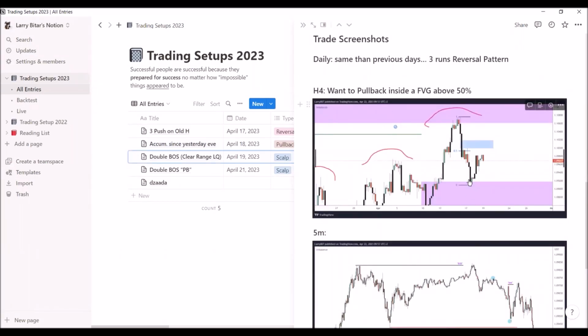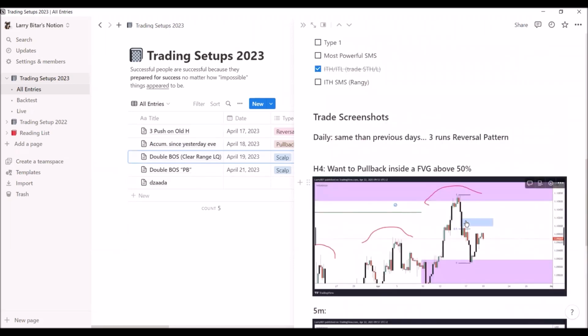So now we have retested the daily order block. Now, what we want is a most powerful shift in market structure. And for this to happen, we need to mitigate some fair value gaps inside this little range, but above 50%. And above 50%, we need to come back above these highs. I'm not sure about this one, to be honest. I don't know if we will take this high, but